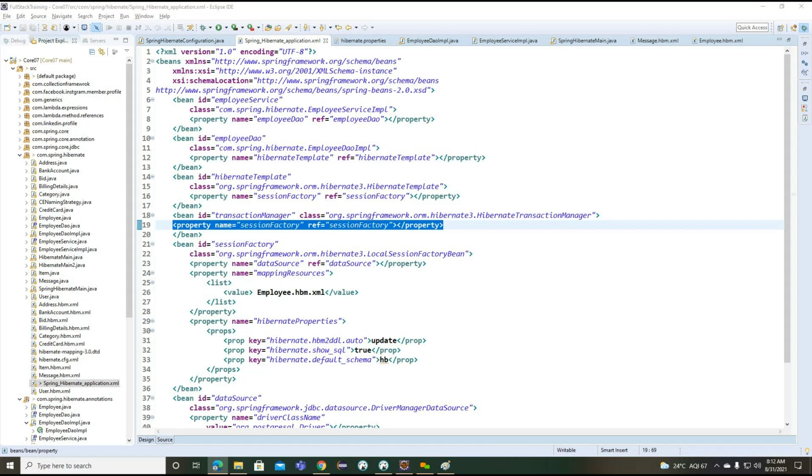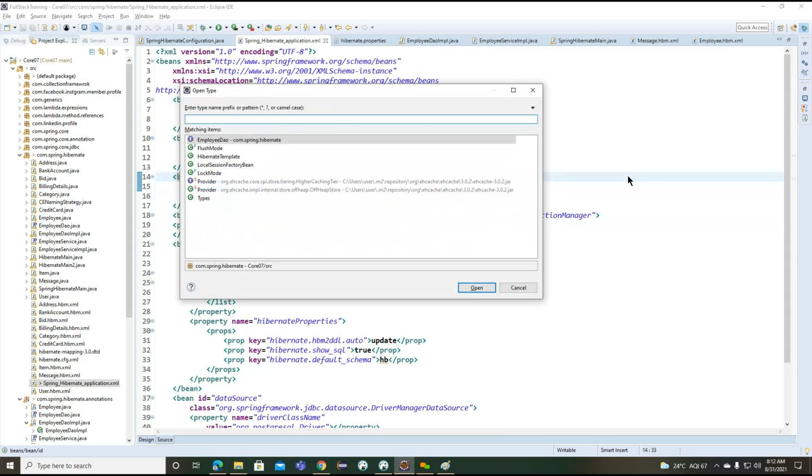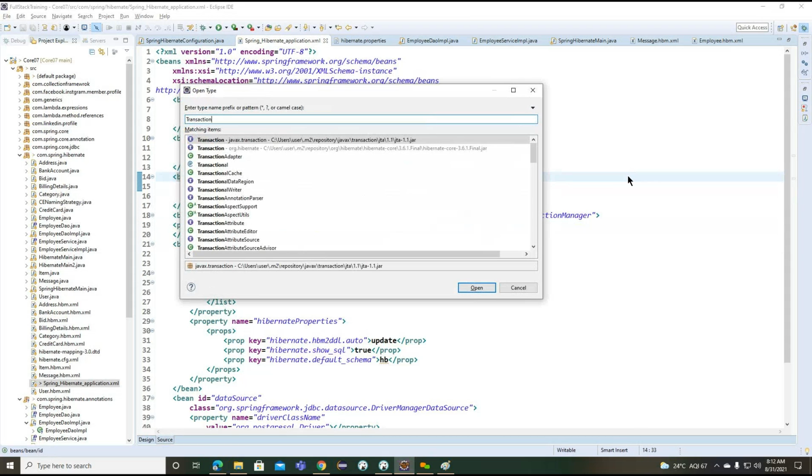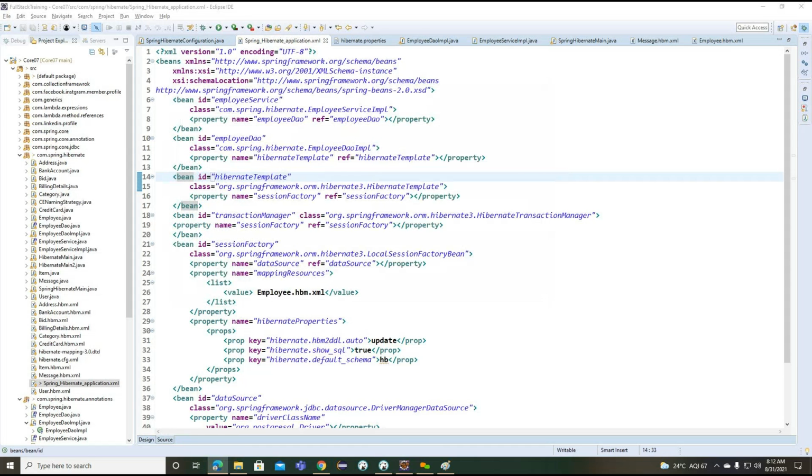And here, this particular Hibernate transaction manager is responsible for transaction management here, and it is going to start from the transaction interface here. Just now we identified already the transaction is going to work based on this particular transaction, org.hibernate.Transaction. The transaction manager is going to work based on this particular transaction interface here. Okay. Now observe